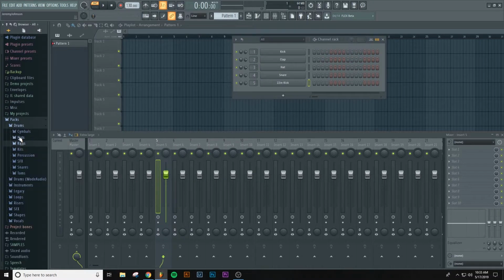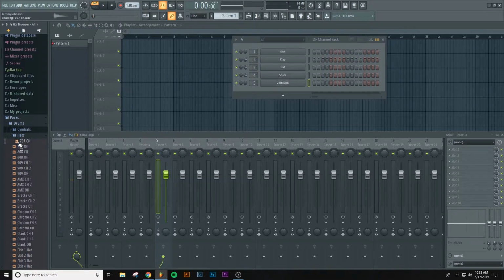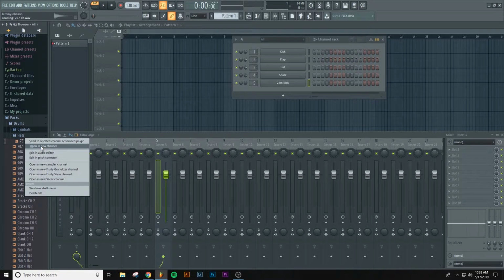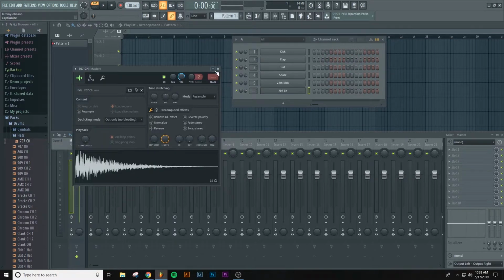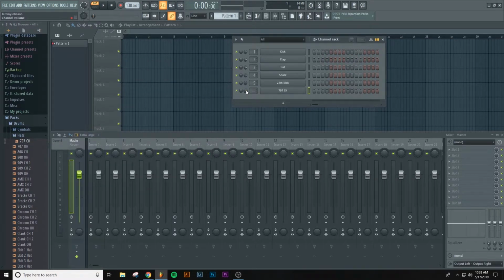So let's go ahead and add in another hat. Let's just grab this one. This time I'm going to right click on it, and I'm going to say open in a new channel. Okay, so now I can adjust the volume of that down using this knob right here, which will let me adjust that volume